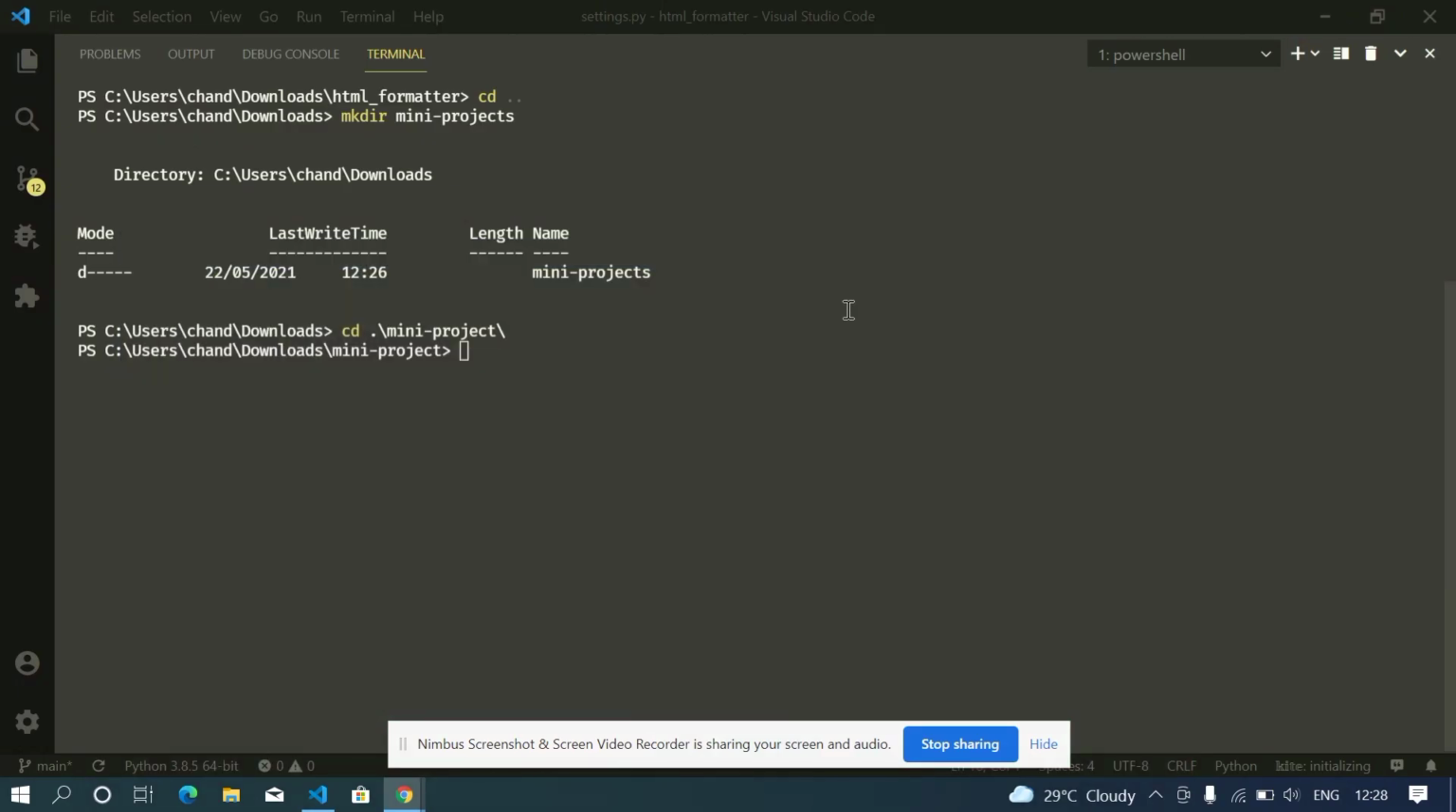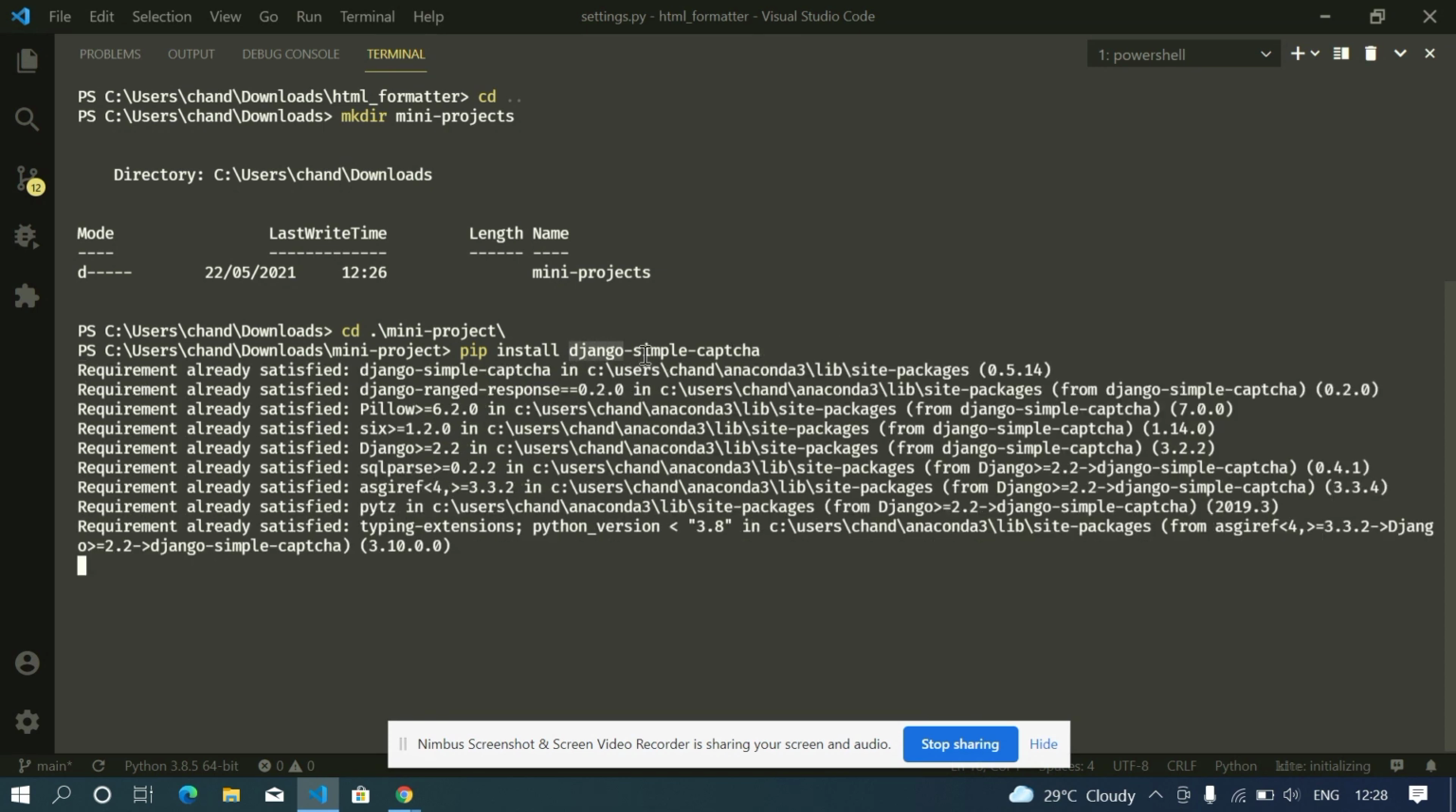Hello everyone, in this video we will see how to make a CAPTCHA field in our form in Django. For this you need to install a package called django-simple-captcha: pip install django-simple-captcha. In my case I have already installed it, so in your case you should install this. Okay, now let me create a new Django project